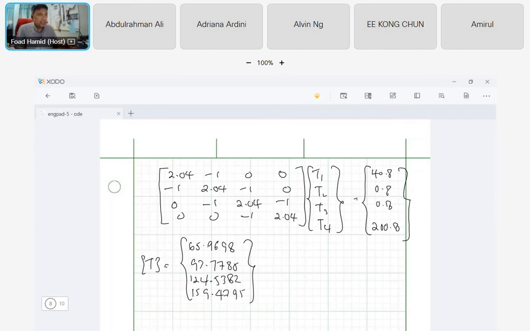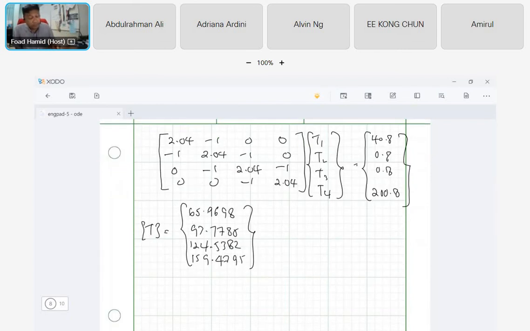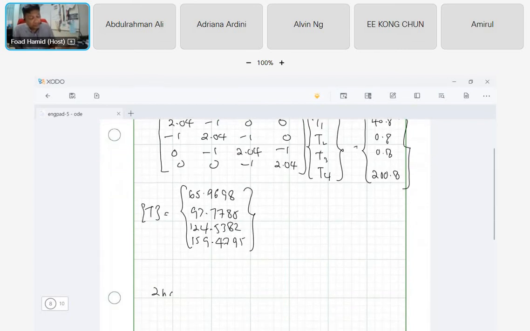Okay, so this is a second order ODE boundary value problem. Remember, for second order ODEs we have two types: one is IVP, one is BVP. What's the difference between IVP and BVP? The way the external conditions are defined. So the conditions are, in this case, for example,